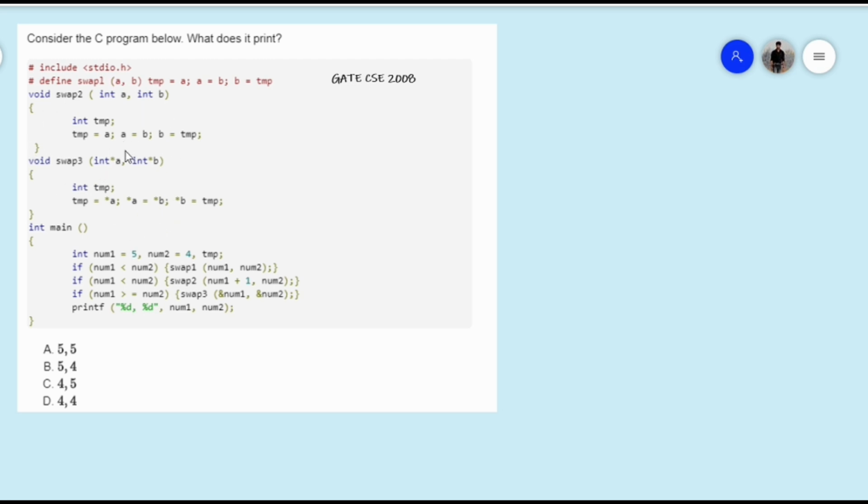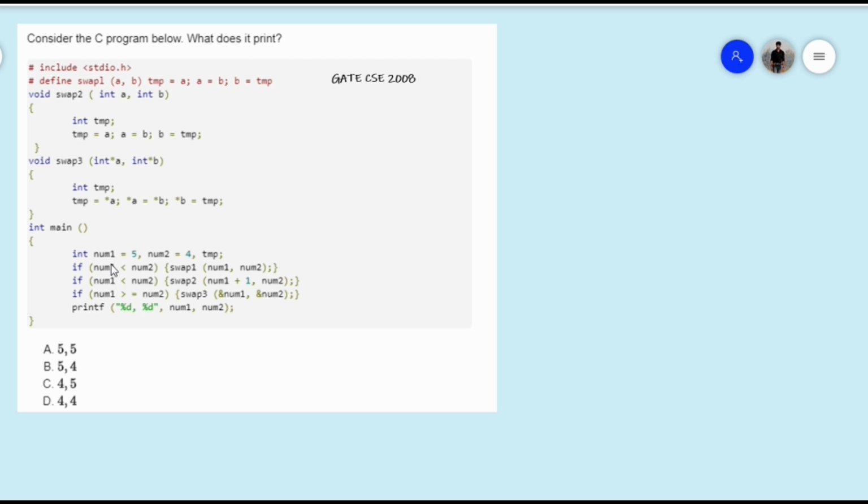execution of code is done, before that, because here the hash symbol is used and hash represents a preprocessor directive, which means whenever the code is executed, before this, every statement that is written with the hash starting symbol will be processed first. So wherever in our program swap 1 is written, it will be replaced by its definition which is written over here. Okay, so let us start our program.